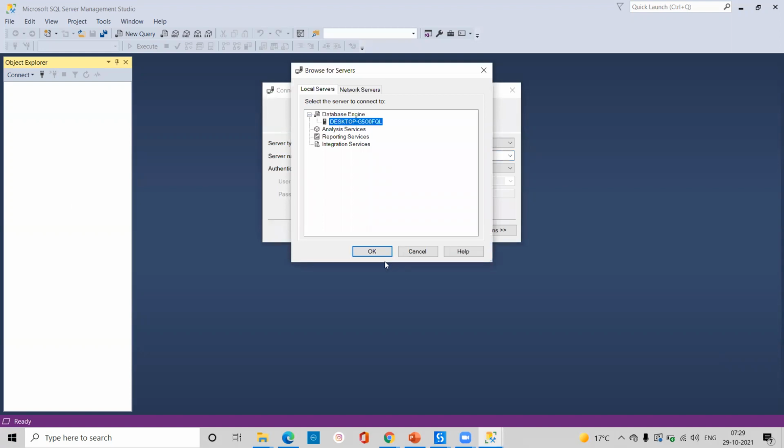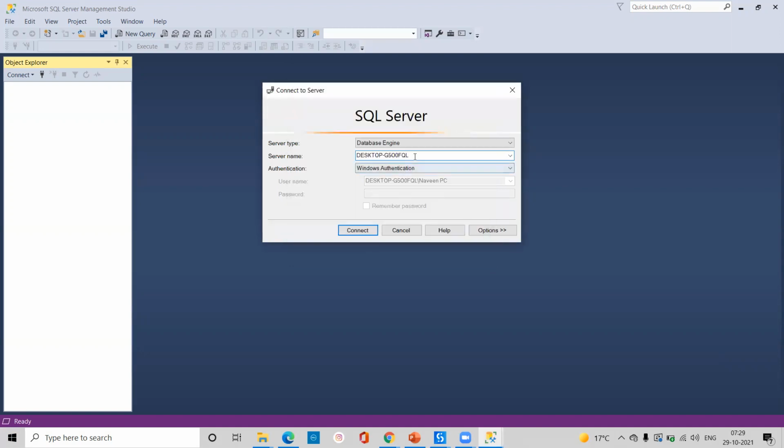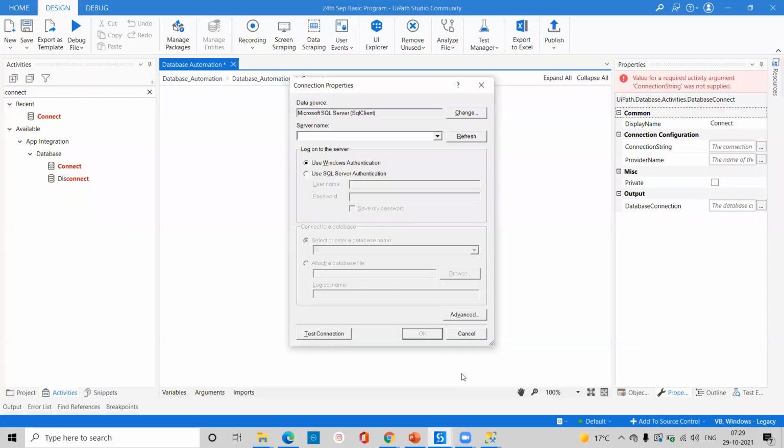Okay, so right now, this way we can get it. First, I'll copy these things, Control A, Control C, and I'll go to UiPath and paste there. Okay, server name.